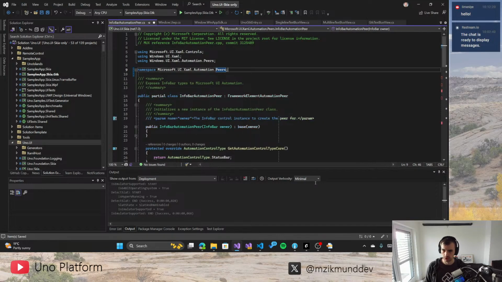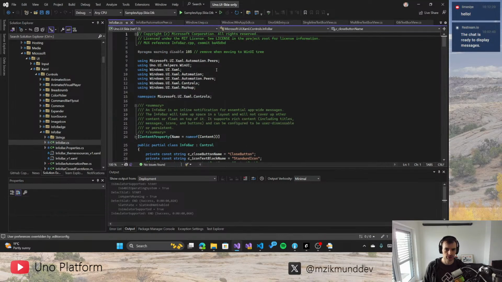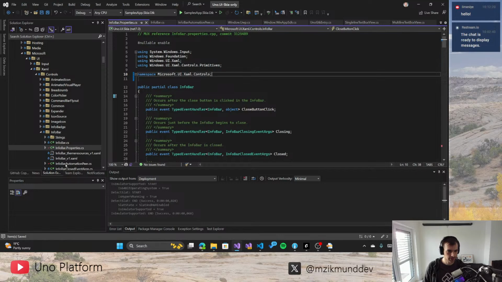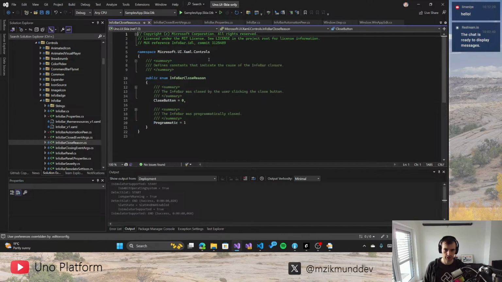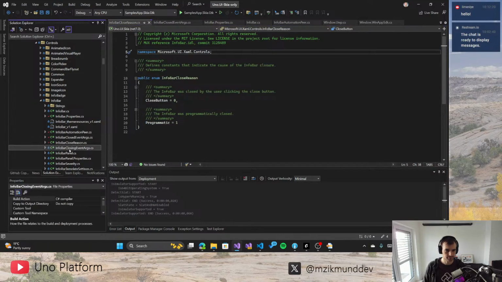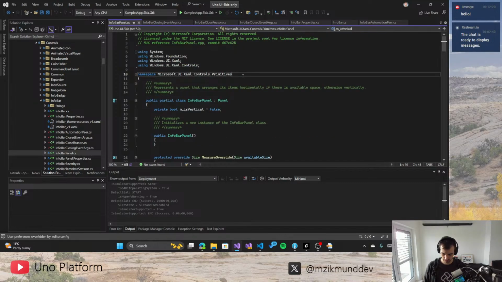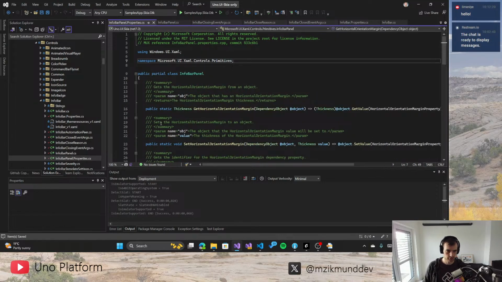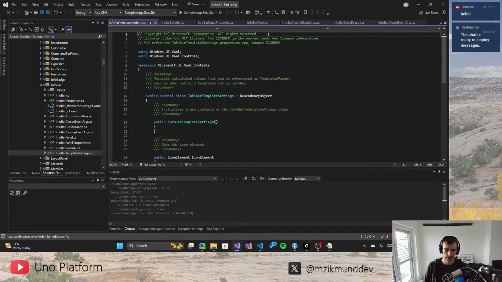While we are at it, I will add file scoping to these files so that we have it nicely up to date. So let's file scope everything in InfoBar. Should be good. Right, file scoping,